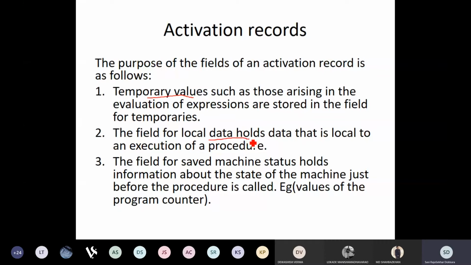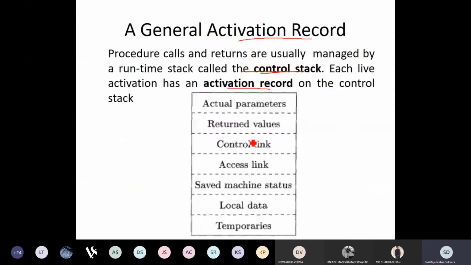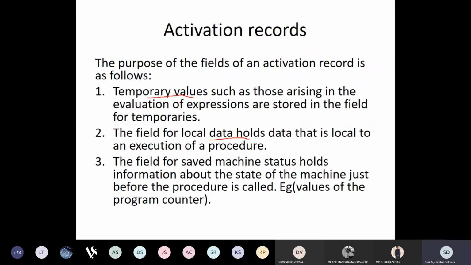The third one is the saved machine status, because this procedure is going to return back to the procedure from where it was called. Therefore, the saved machine status holds information about the state of the machine just before the procedure is called. Whatever status is there with the calling procedure, like the value of the program counter.